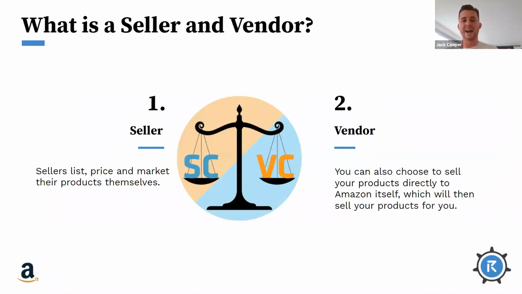So going into Amazon Seller and Amazon Vendor. Seller Central is a third-party selling on the Amazon platform. So you sell via the marketplace, but you actually retain control over your brand and over your pricing. On the Vendor Central side, you will sell to Amazon at a fixed price that you negotiate in the initial agreement. It is an invite-only program. And then Amazon will sell your product on your behalf. And I'm going to be running through advantages and disadvantages of each.